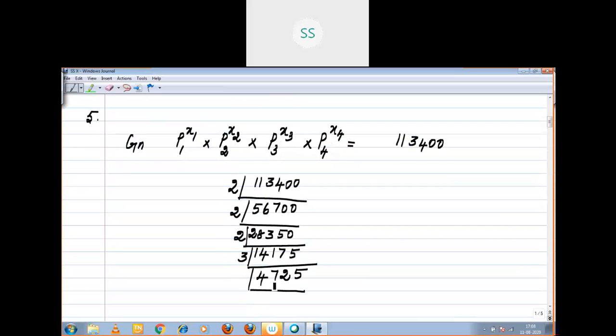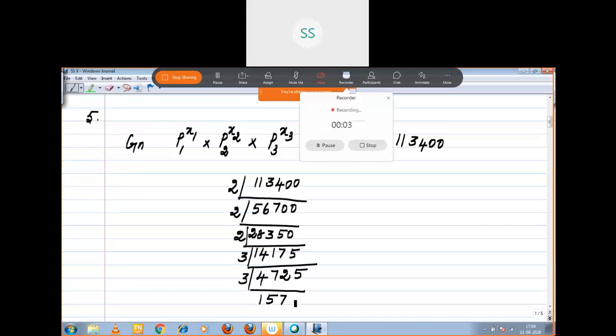See 7, 11, 11, 2, 13, 13 plus 5, 18. So again it is divisible by 3. 3 1s are 3, remaining 1, 17. 3 5s are 15, remaining 2, 22. 3 7s are 21, again remaining 1. 3 5s are 15. Got it, children? Say yes or no.